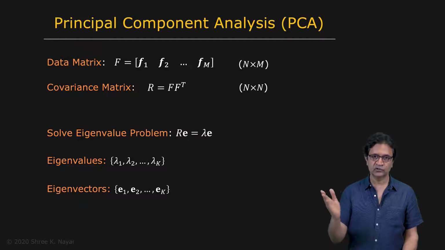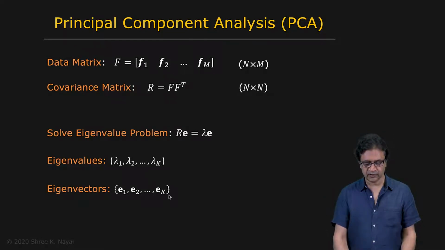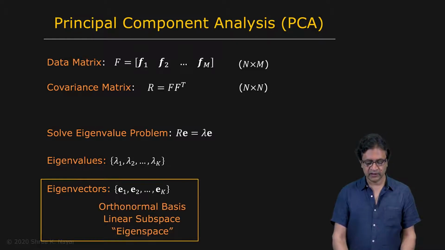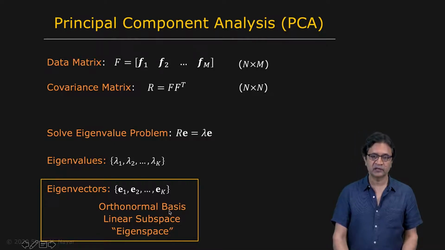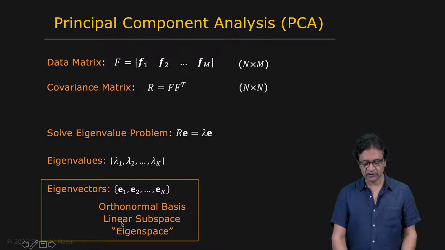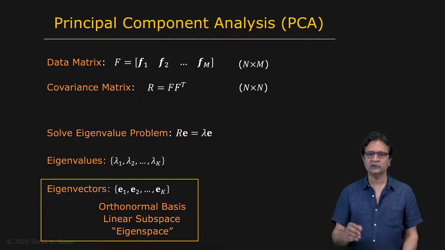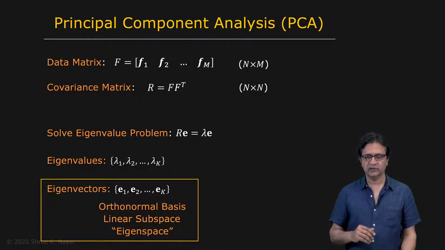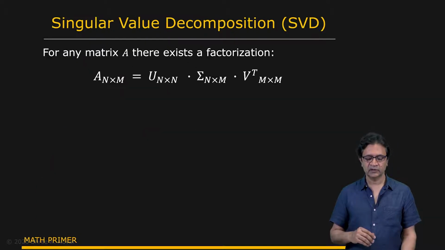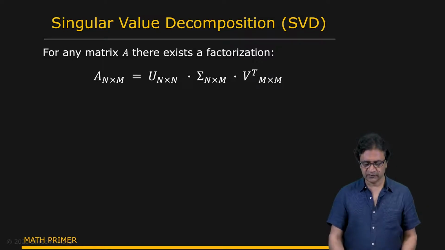And we are going to choose, using some method, the first k of these eigenvectors, and those are the principal components. That gives us an orthonormal basis in which we are going to represent our image set, also known as a linear subspace, also known as the eigenspace. So that's PCA. Now, let's talk about a method we have talked about earlier, singular value decomposition, a very powerful technique, very widely used, like PCA, in linear algebra in many different domains.